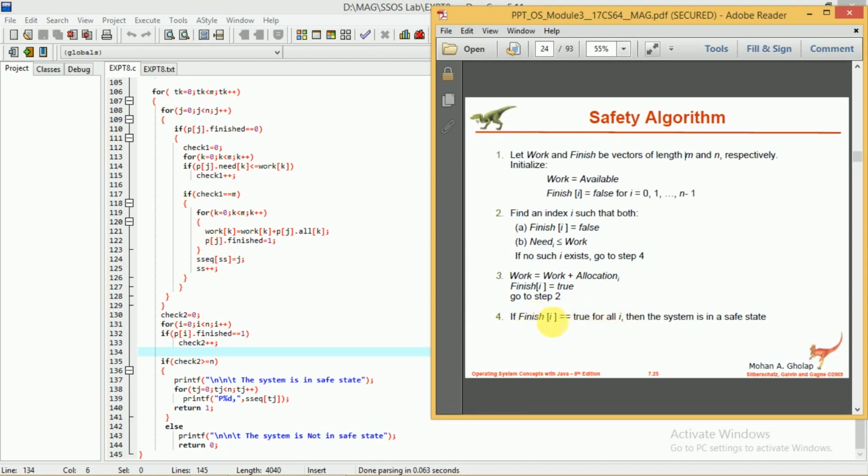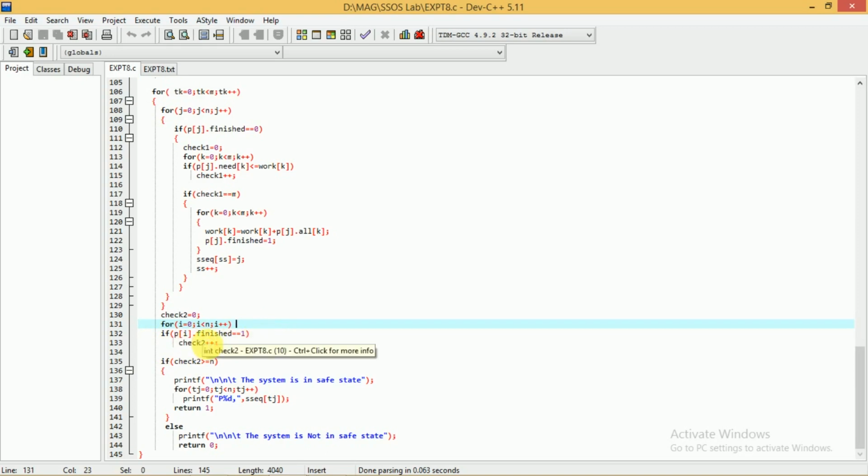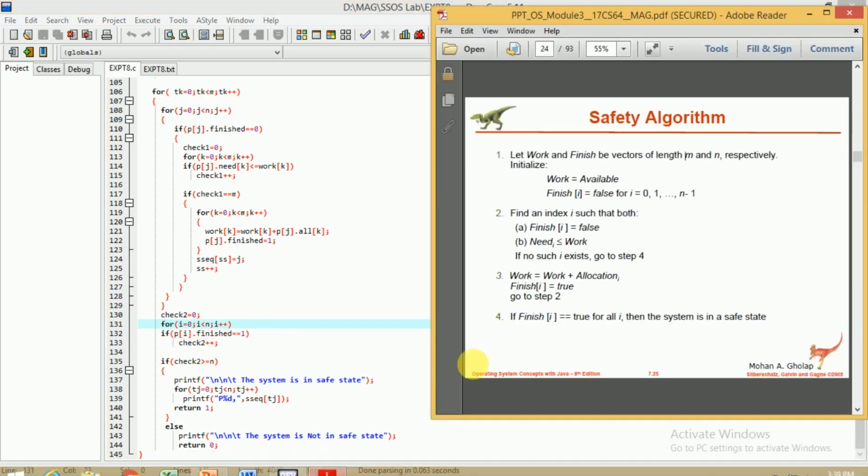If finish of I is equal to true for all of them, then we conclude that the system is in the safe state. So here we write for I equal to 0, I less than n, I plus plus. Here it is n, meaning for all the processes. If p of I dot finished equal to 1, this is like checking whether the finish of I is equal to true for all the processes.